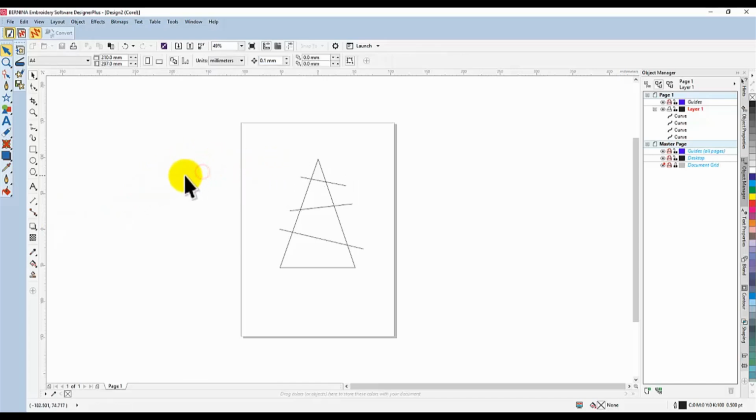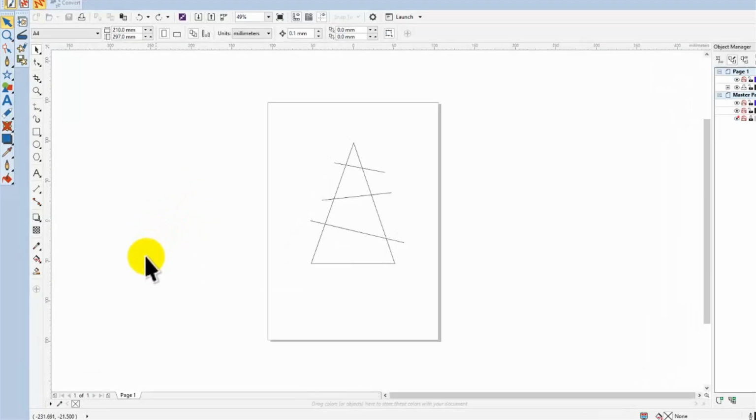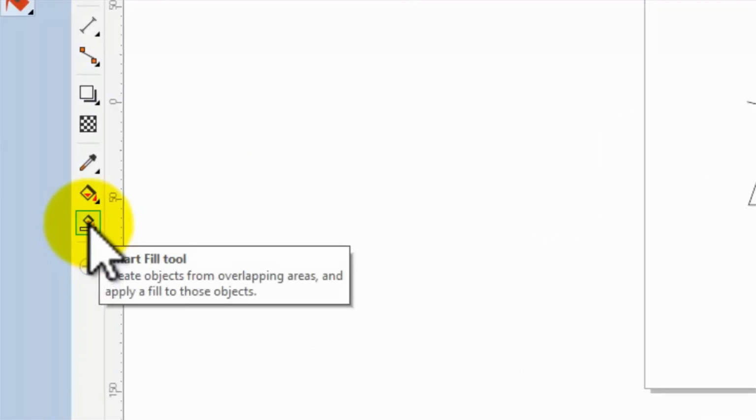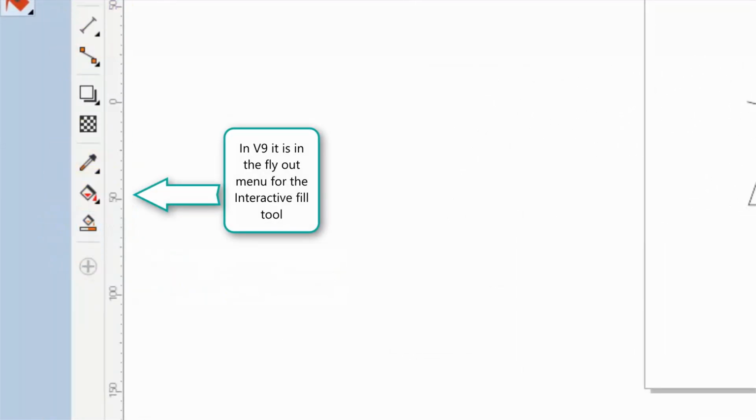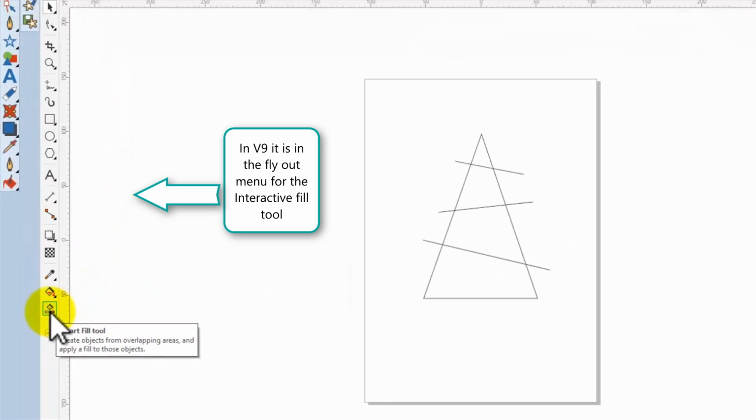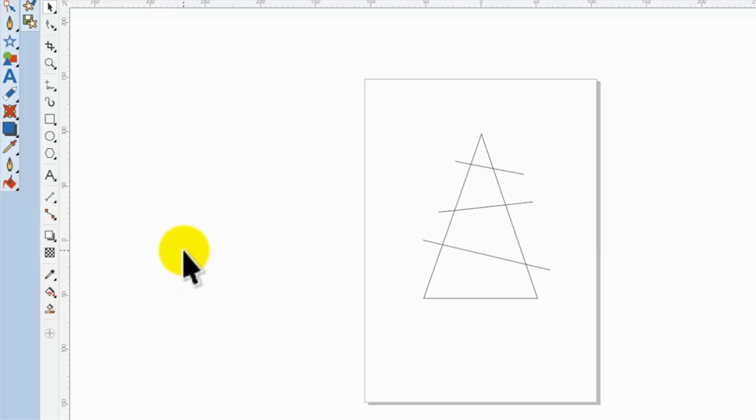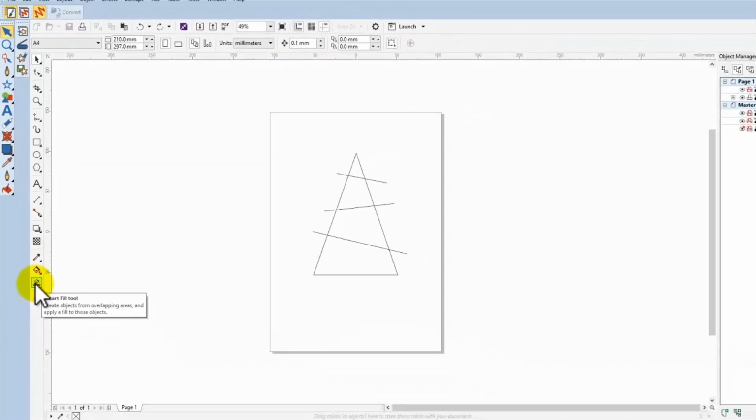Now, I'll click off so nothing's selected. So if you've got version 8.1 or the latest update to version 8, you will have Corel SE, and the smart drawing tool that we need, the smart fill tool, is right down the bottom of the Corel tools, right here. If you have Essentials or version 7, which is also Essentials, you will find it, I think, in the freehand tool. I'm not sure, it's in one of these other flyout menus. I'm pretty sure it's the freehand tool, but it could be one of the others. It's not intuitive, but just click on those till you find the smart fill tool and select it,